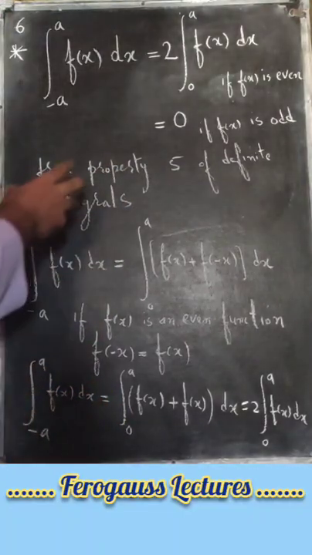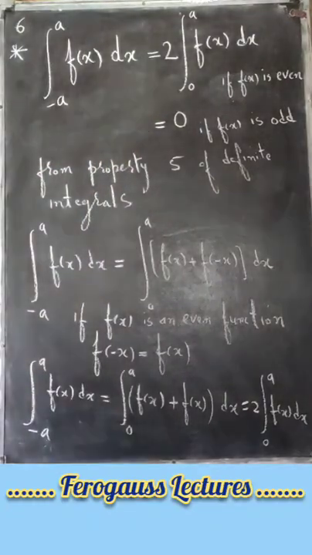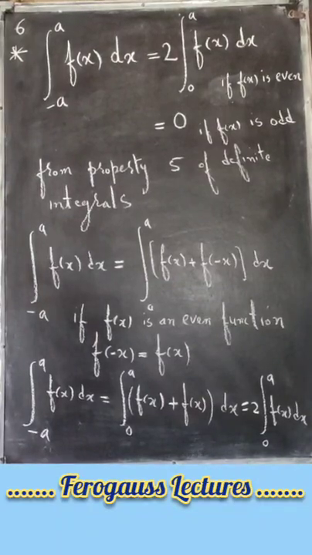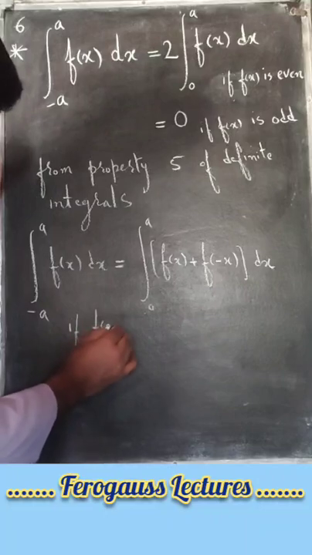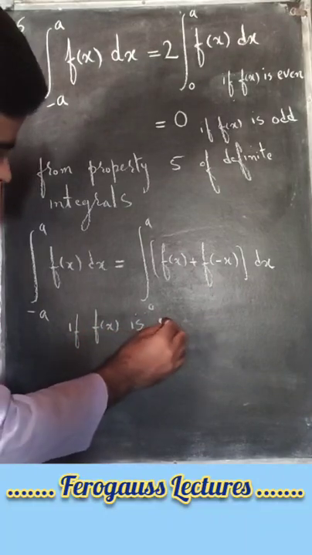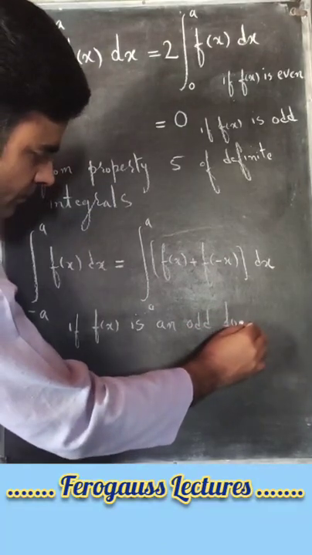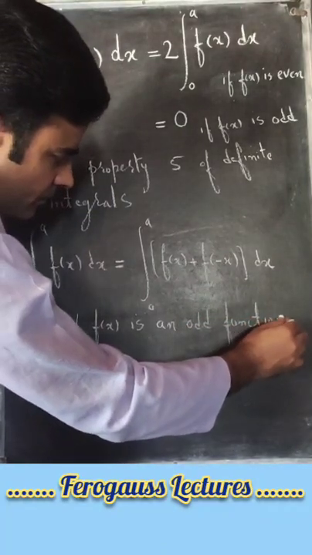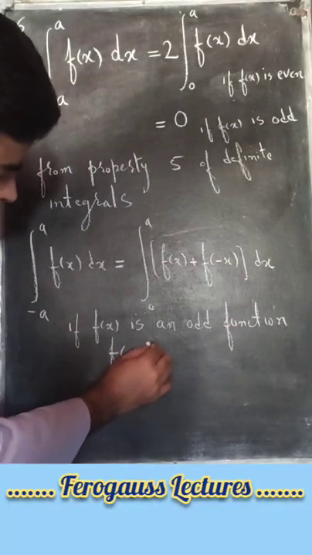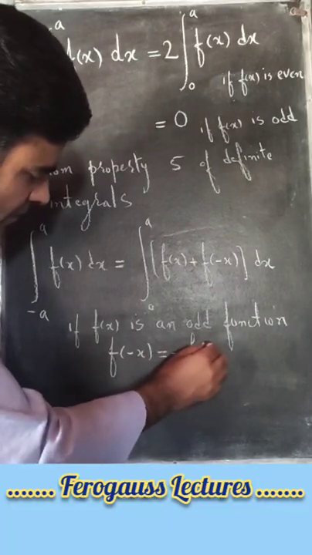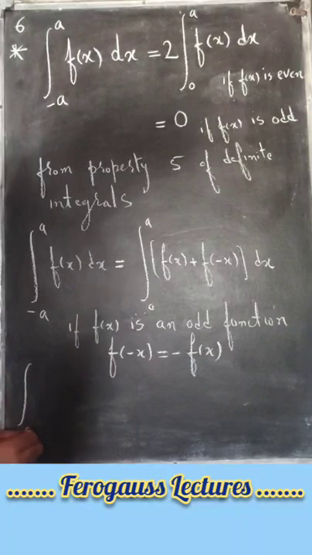Now we will prove the second part, that is when f(x) is an odd function. Now if f(x) is an odd function, then f of minus x is equal to minus times f of x. Okay, so we can write integral from minus a to a